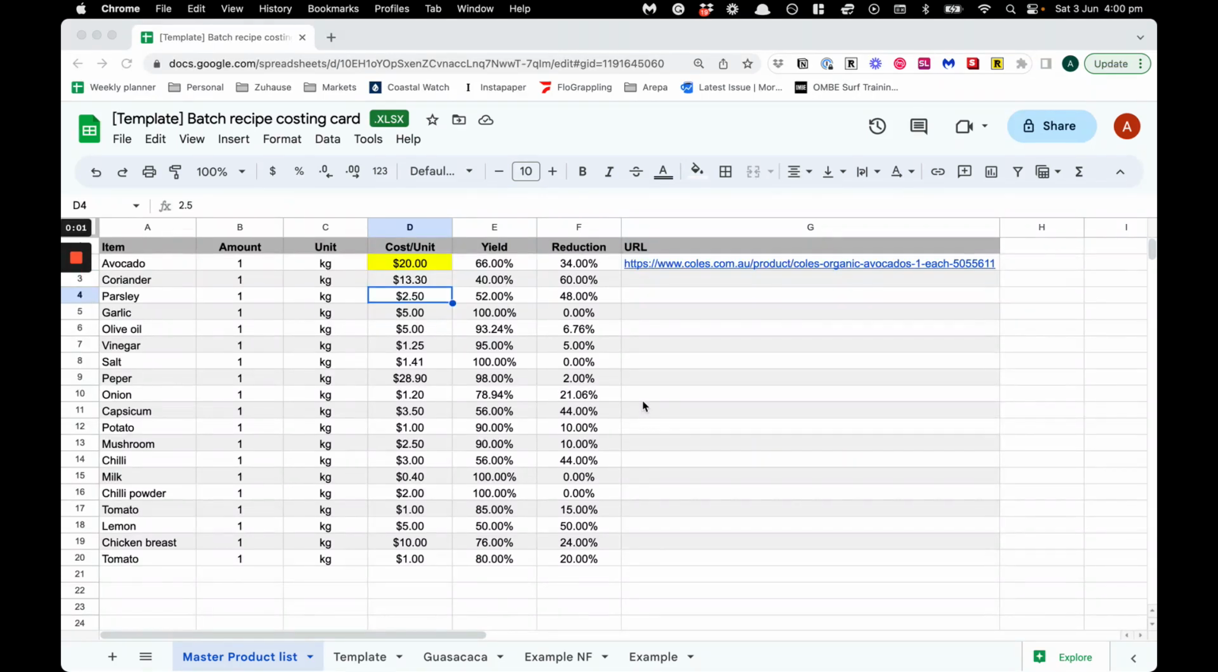Now let's have a look at how we can build this spreadsheet from scratch. The first thing we're going to do is create our master products list. In here, we're going to add a column with all your items, the unit you want to use, which will be kilograms, grams, liters, ounces, whatever it is, your cost per unit, in this case cost per kilogram, your yield, and then once you've added your yield, you need to